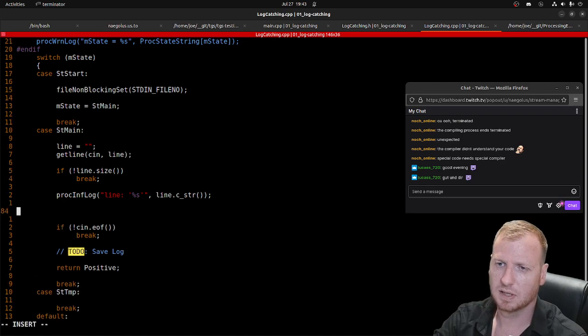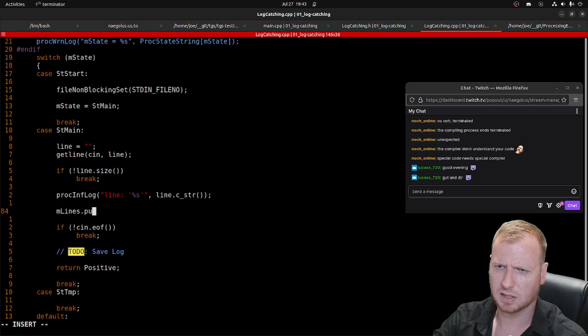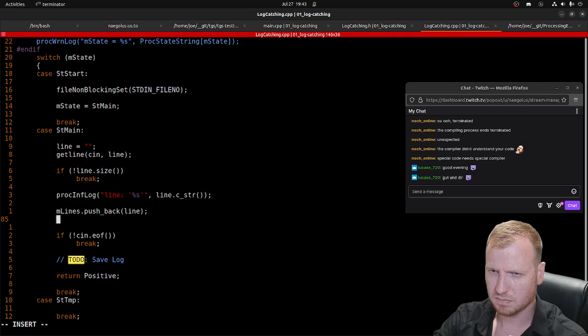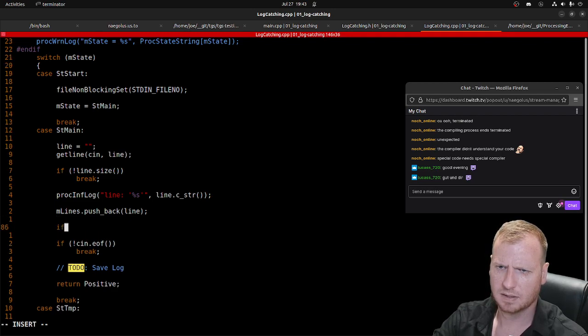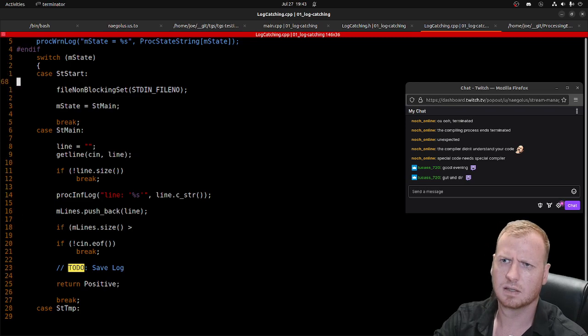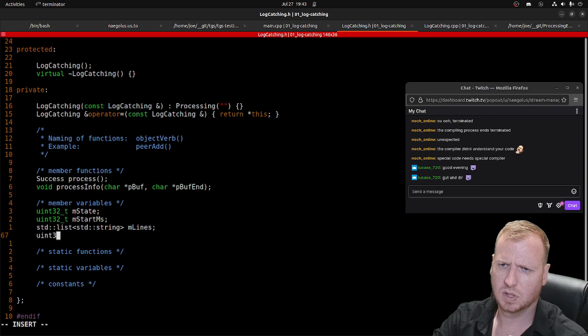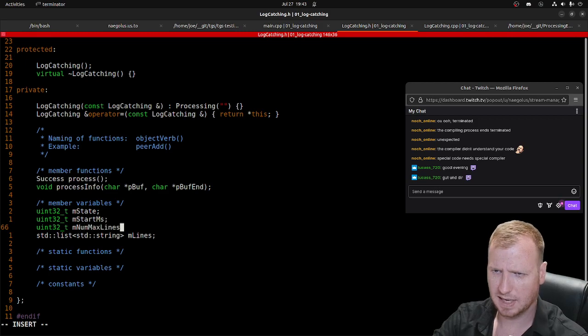Yes, that's perfect. Here we say mlines.pushback line, and if mlines.size is bigger than num max lines